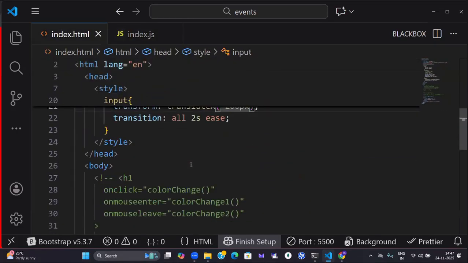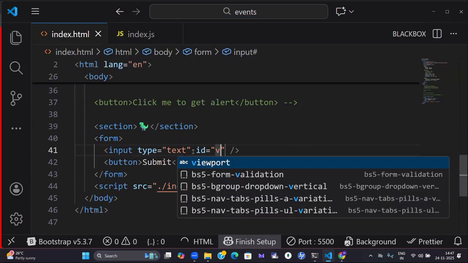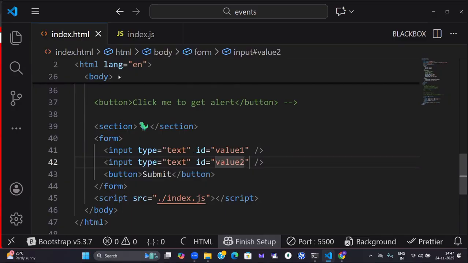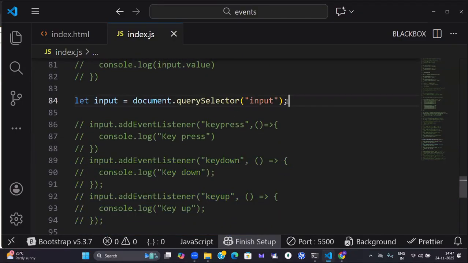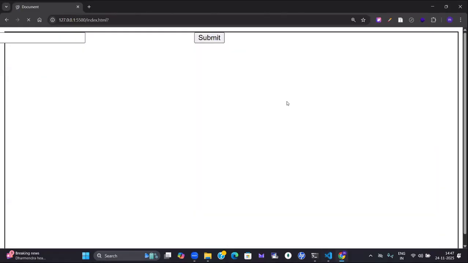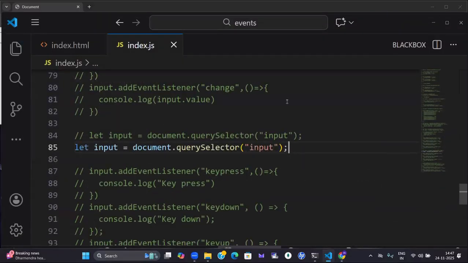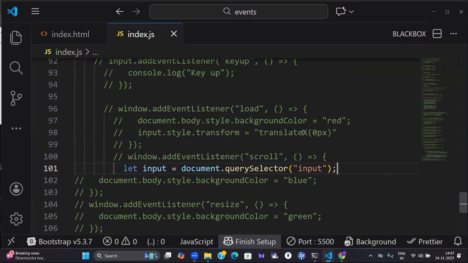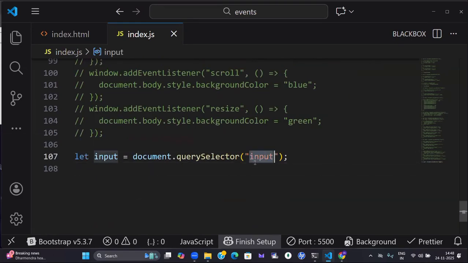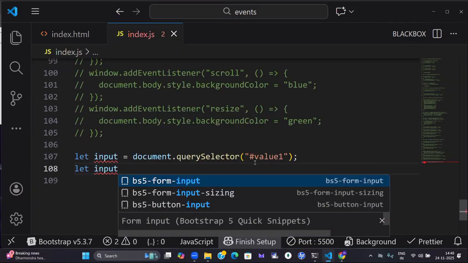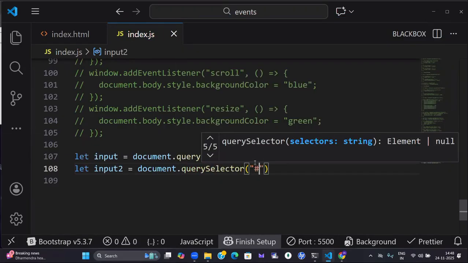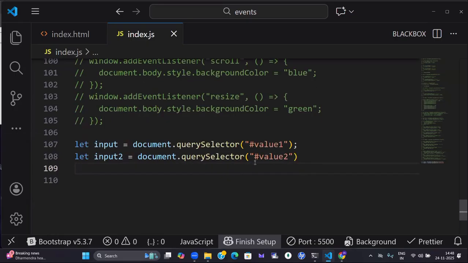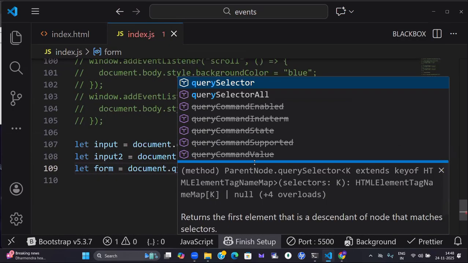You want the addition operation, huh? Okay. So I'm giving the IDs as value1 and value2. let input1 = document.querySelector('#value1'); let input2 = document.querySelector('#value2'); let form = document.querySelector('form');